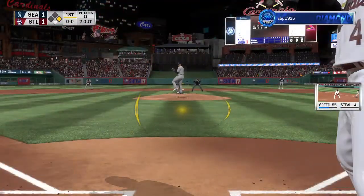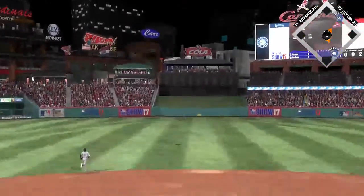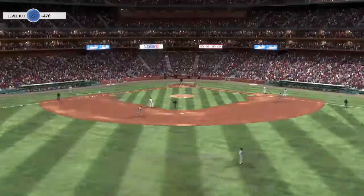Digging in, Justin Bour, hitting just a bit over the Mendoza line on the year. There's a swing and a missile sent out to center field. Dyson racing back. He tracks it down, and that will